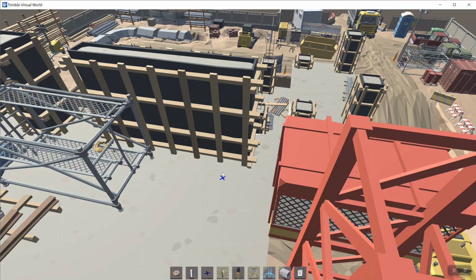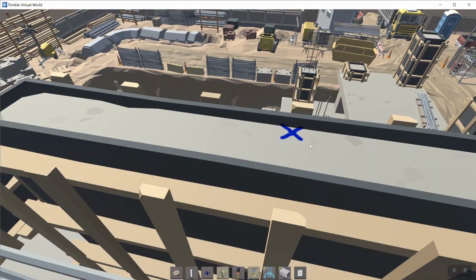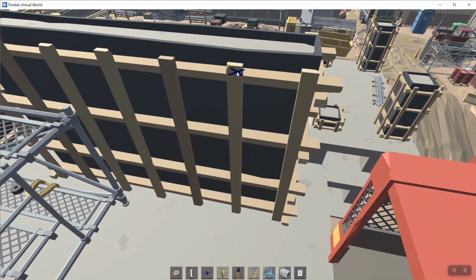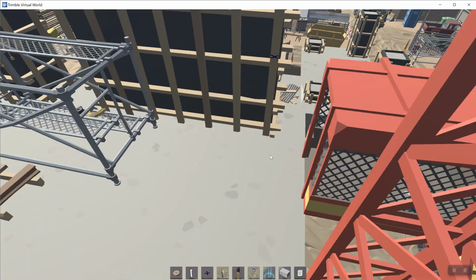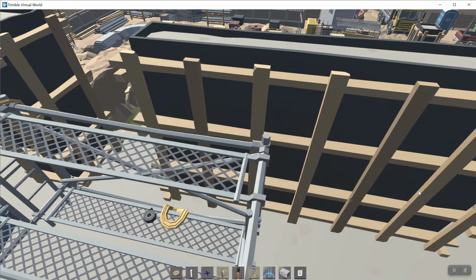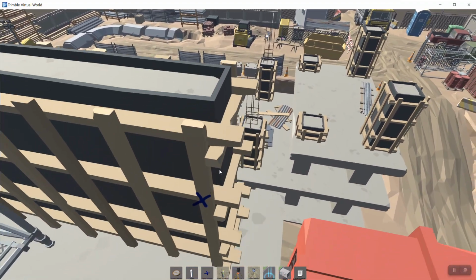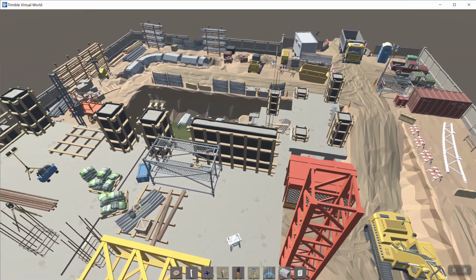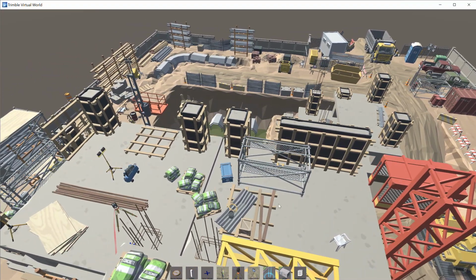It is placing it on kind of a collider, which is right above. So I'm going to try again. Okay. Okay, that's not great too. And the collider is not excellent, so I'm